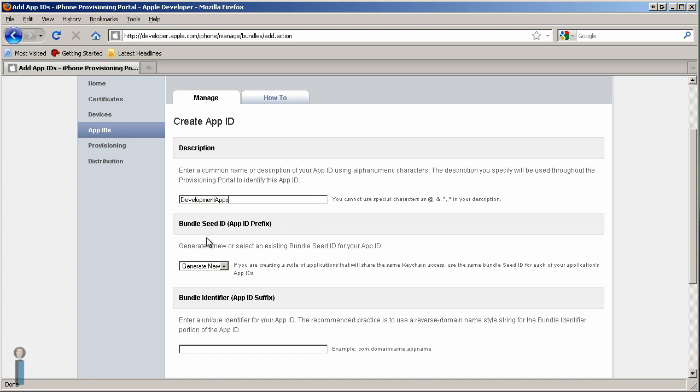The bundle seed ID is used to identify whether there's instructions here. It talks about a suite of applications. I'm going to go ahead and generate new, and then here we have a bundle identifier, and at this point you want to start using what they refer to as the reverse domain name. And so for myself, I'm just going to type com.tutorials by iBrent,